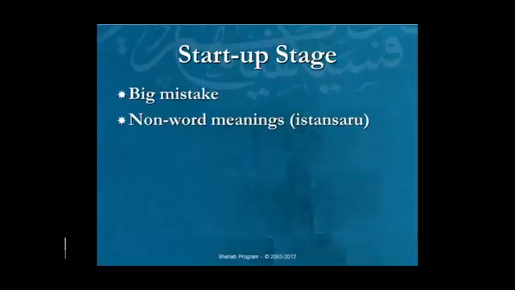Okay, we did it in the report, and then I redid it again in the previous video, just to show you that it doesn't have to be in the exact same way that was given in the report. You don't have to parrot my words, but what you need is a mini presentation. You need a 5-minute presentation where you can take the structure, istansaru, and break it down, and explain the translation as they sought help, and the actual total number of meanings from there are 7. Okay, so what looks like a single word is giving you 7 meanings. Only one of those 7 meanings is coming from the dictionary, the rest are not coming from the dictionary.